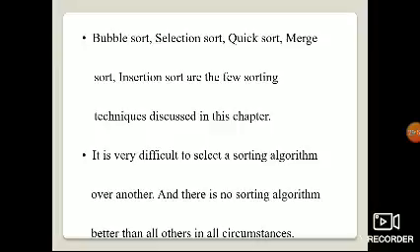So it is very difficult to select one sorting algorithm over another, and there is no sorting algorithm better than all others in all circumstances.